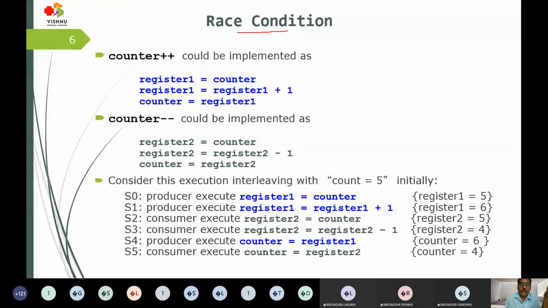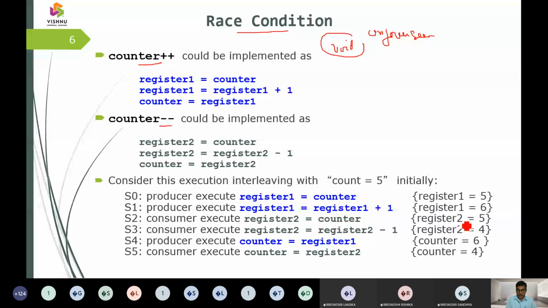So this is our action plan. Next one we are going to say counter plus plus. So we are going to have this as a counter plus plus, and some unforeseen condition, that one we are going to call a race condition. These race conditions happen during the counter, that is plus plus or minus minus.